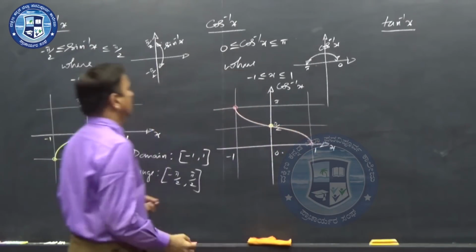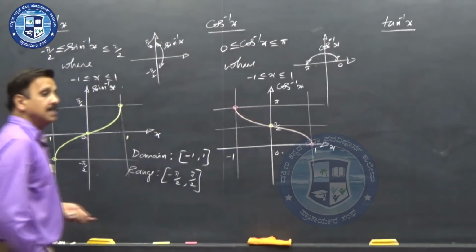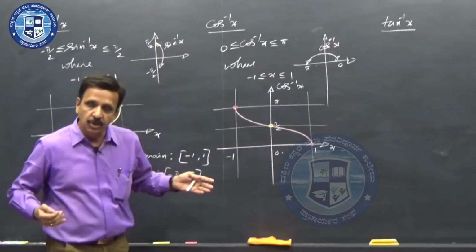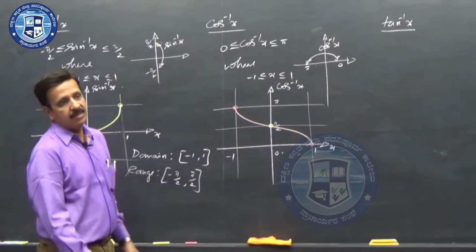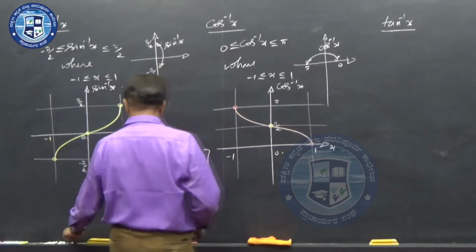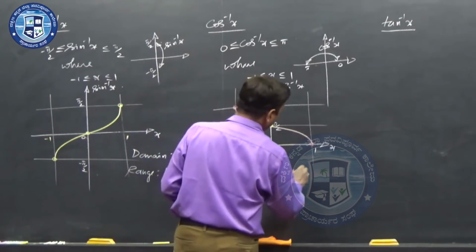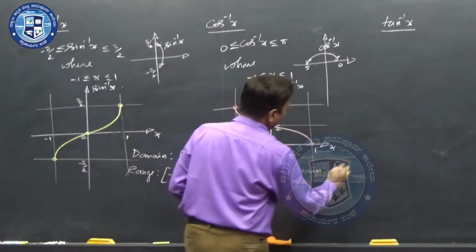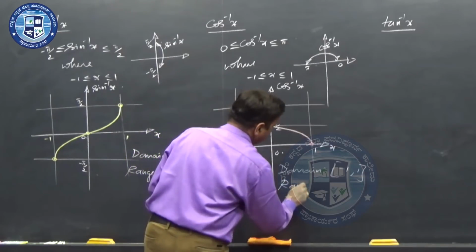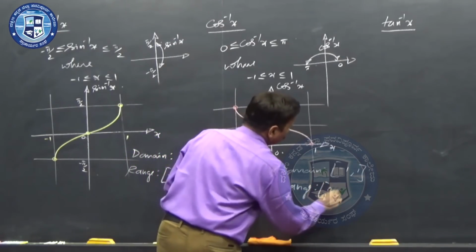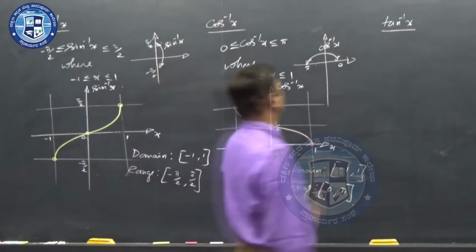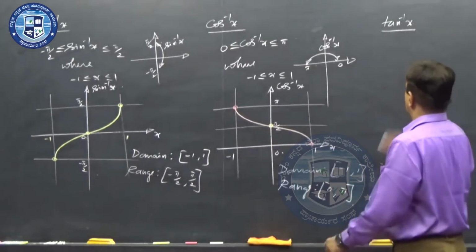This is the graph of cos inverse x. Not only just understanding, you must be in a position to recall this particular graph. You must be in a position to draw this graph at any point of time. That's the meaning of being good in the topic. If you write the domain, it is the values of x anywhere between minus 1 and plus 1, and the range is any value between 0 to pi, closed interval. It can take pi, it can take 0 also. Any value between 0 to pi inclusive, that's why it is a closed interval.